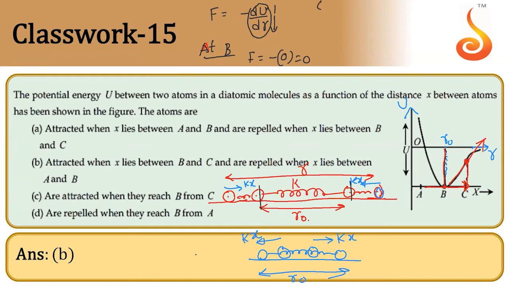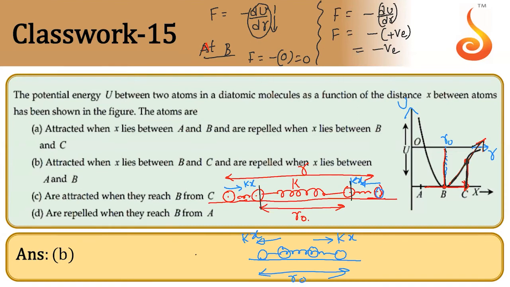Is the slope of the tangent positive or negative? Positive. Okay, now come to this formula: F equal to minus dU by dr. dU by dr is the slope. Already a minus sign is there, and the slope is positive. So negative into positive gives negative. Force is negative here. Am I correct? At the point C, force is negative because the slope is positive.